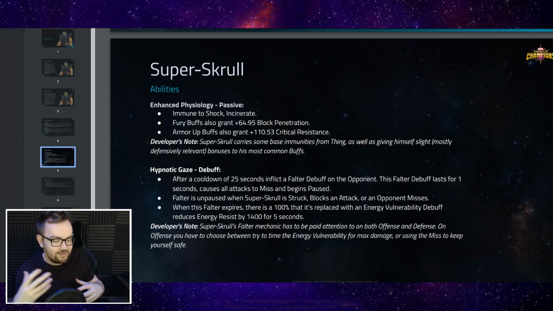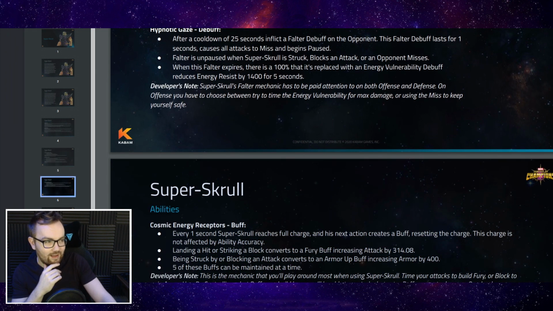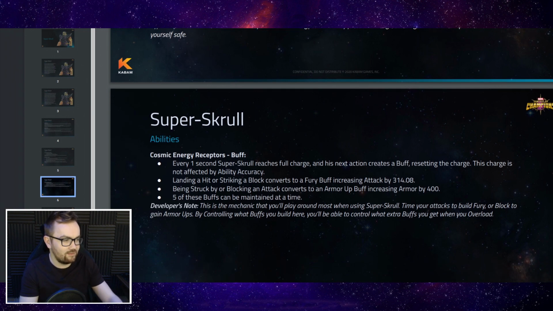So it's either a nice safety net for the character once every 25 seconds, or a little bit of a damage booster on the special 2. And again, I must admit, I really do like safety net mechanics, so I'm very happy to see more of those knocking about. So the core of his kit is every 1 second he reaches full charge, and his next